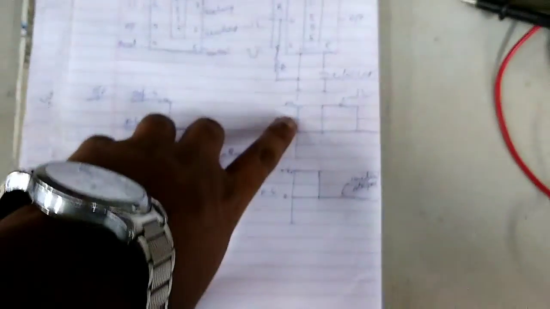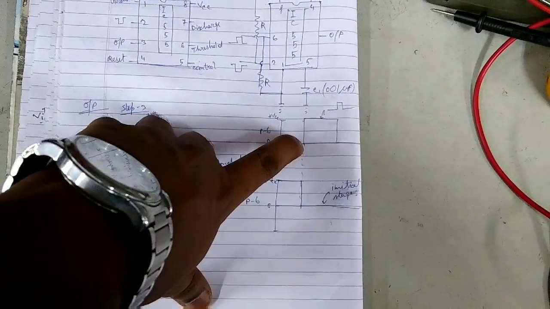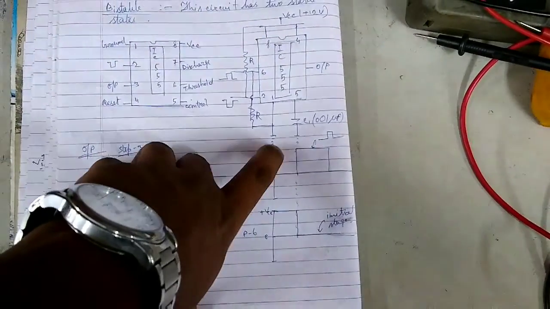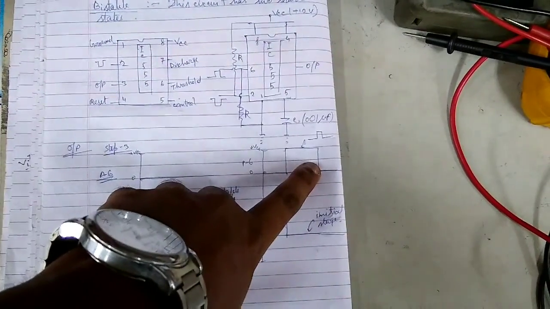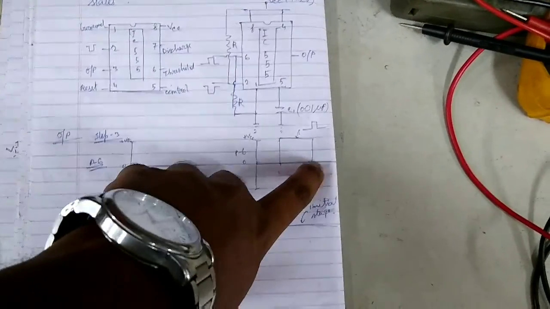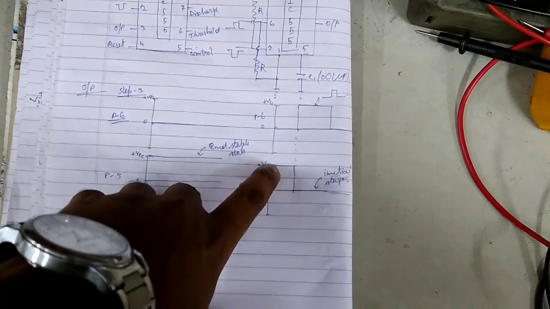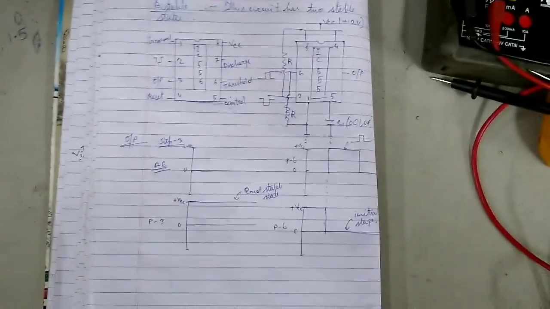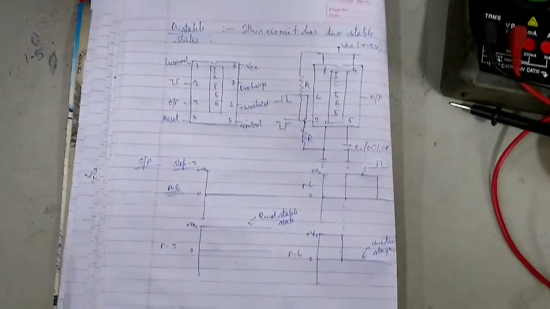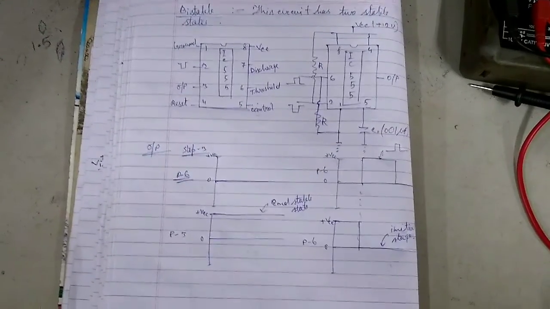in pin number 6. So when VCC is connected to pin number 6, at that time the state of pin number 6 will be high up to VCC, and when you remove the triggering, then it will go back to its initial condition, that is in 0 position. When pin number 6 is triggered, the high state of output becomes low, and it returns to its initial state. So bistable multivibrator is a two-way switch, that is you can on a circuit and off a circuit by applying two types of triggering.